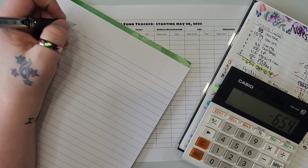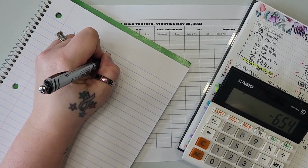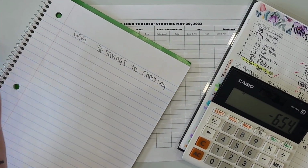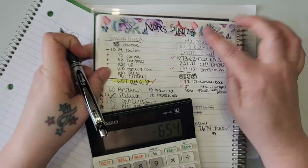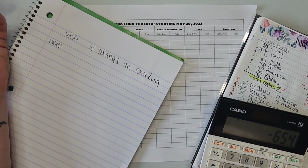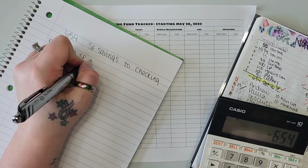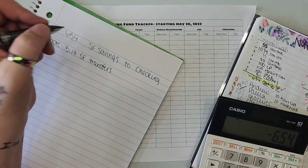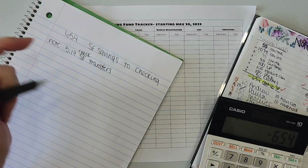So I go into my online banking, however that works, and I make the transfer of 654 from my sinking fund savings to my checking. Then I can do a note or a purpose or something, and I put this was my 5/19 paycheck. In the note or description, and you only get 20 characters on mine, I put 5/19 sinking fund transfers, so sometimes it says sinking fund trans. Or 5/19 check transfers or something like that, letting me know that that was everything that needed to be transferred to and from my sinking funds